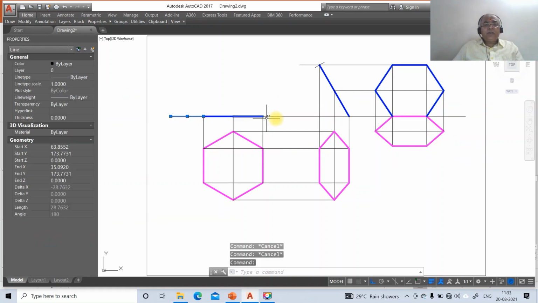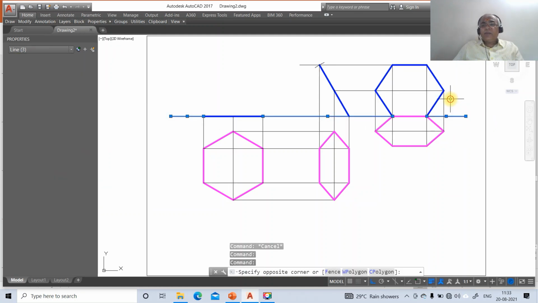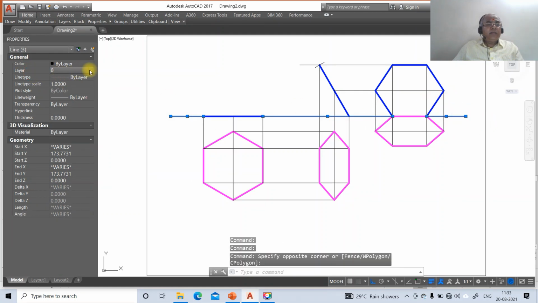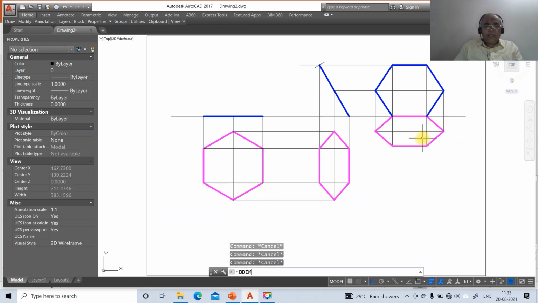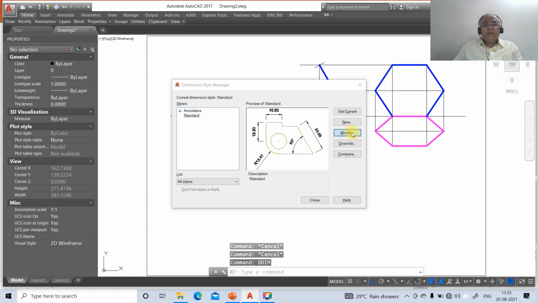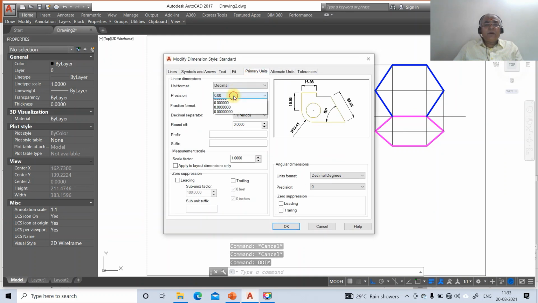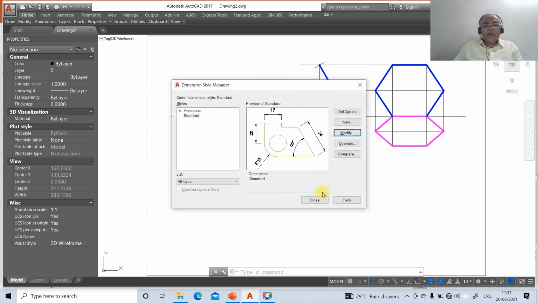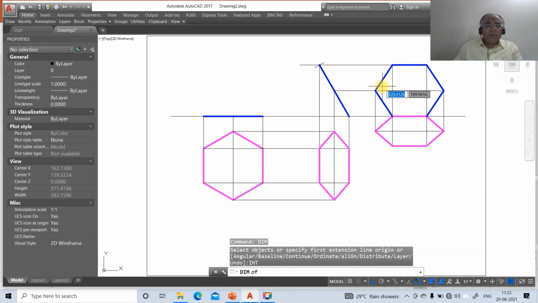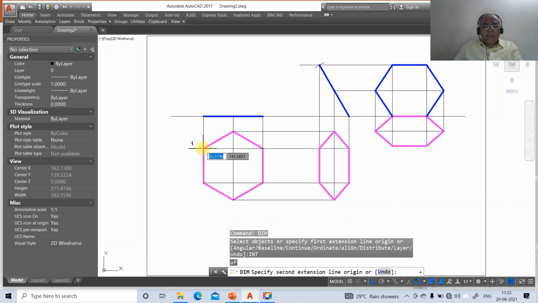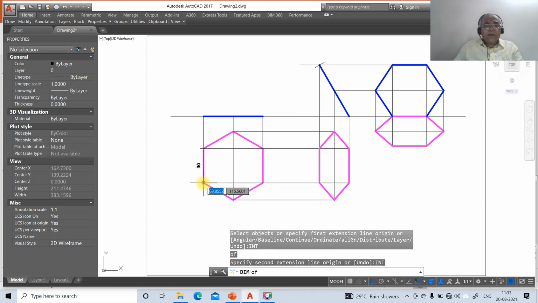So once you do that, you just come down to these three, and now you just select this, go to layer, make that layer as XY. Then go to DDIM, then go to modify. So the precision, what you do is, set it up to 0 decimal points. Then go to close, dim, take intersection point of this and take intersection of this, and you will